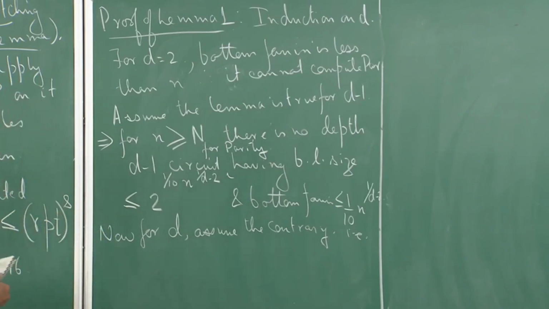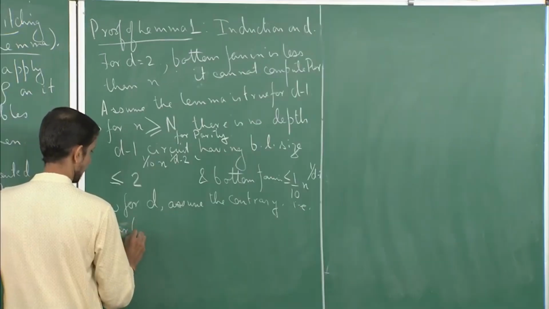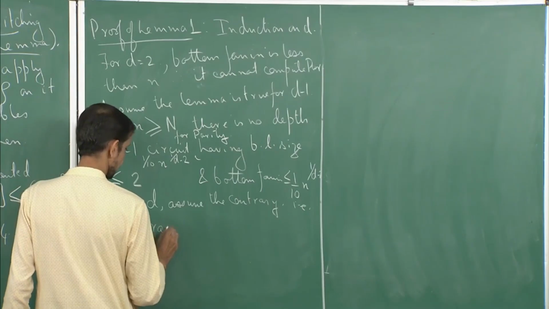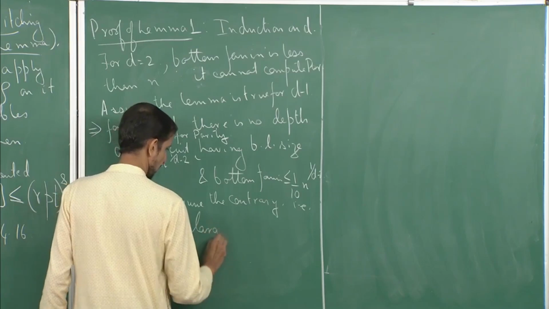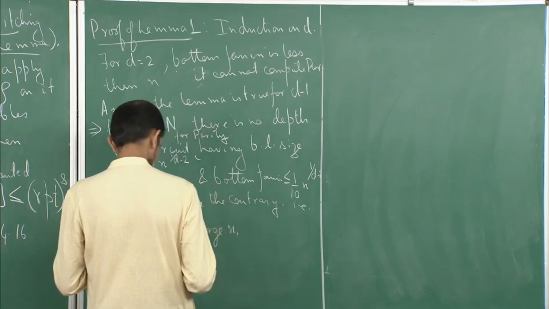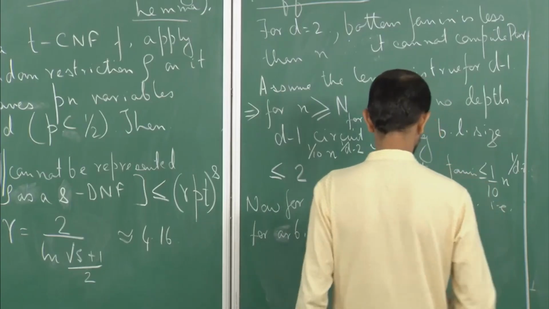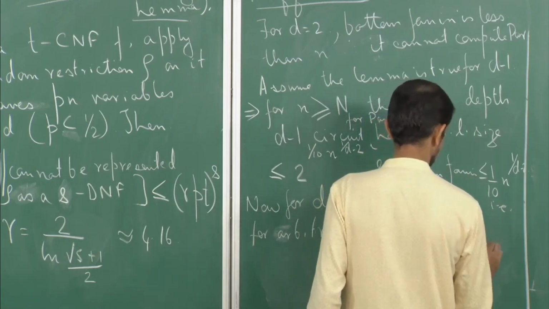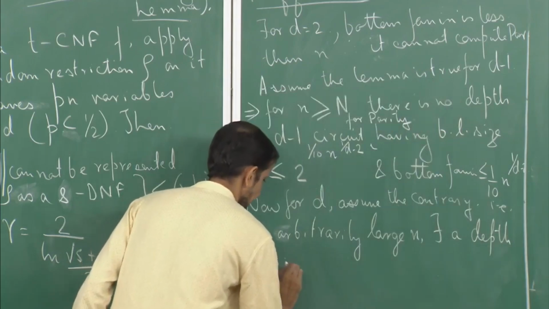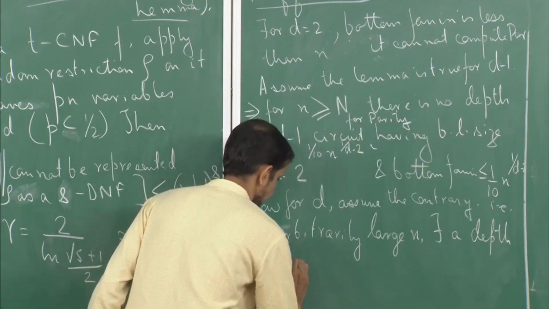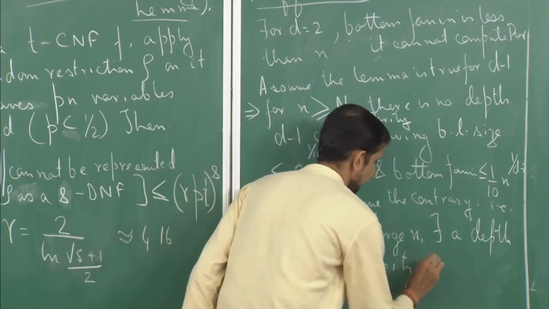Suppose the lemma is not true for D, that is, for arbitrarily large n, there exists a depth D circuit for parity